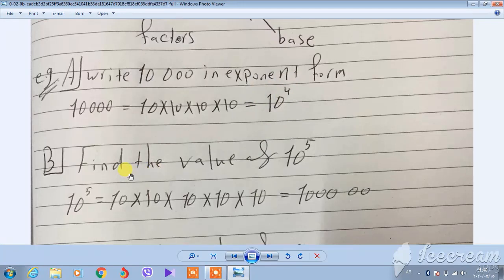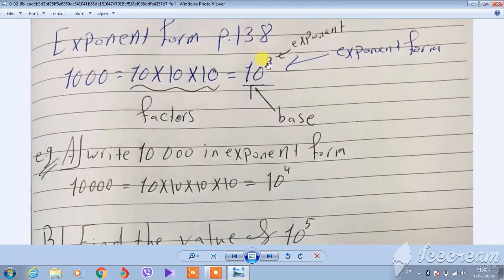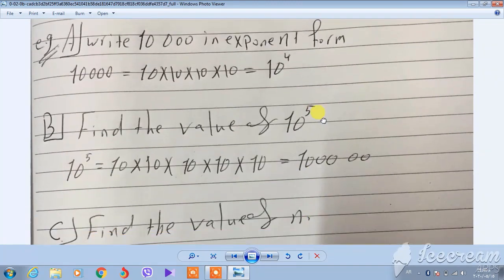And for example, I say find the values of the exponent form. We have the 5th power of 10, and we say the 4th power of 10, student. In this we say the 3rd power of 10, students. And I say find the value of the